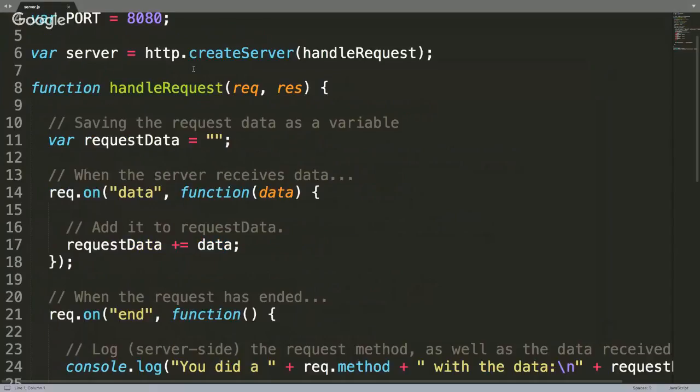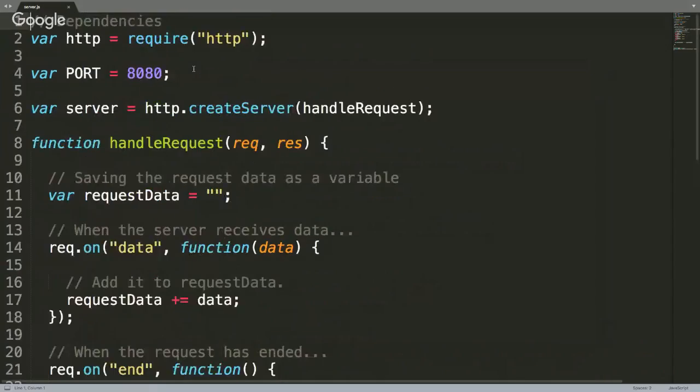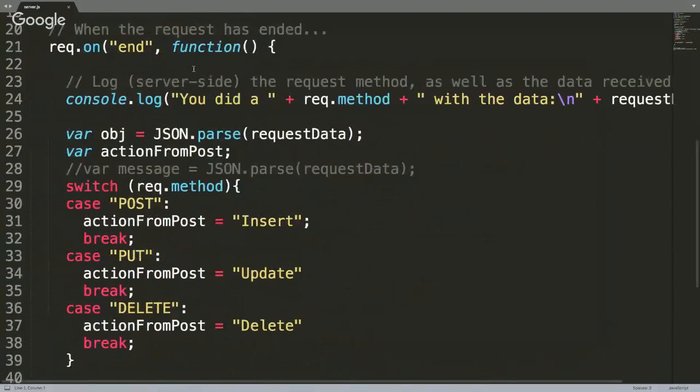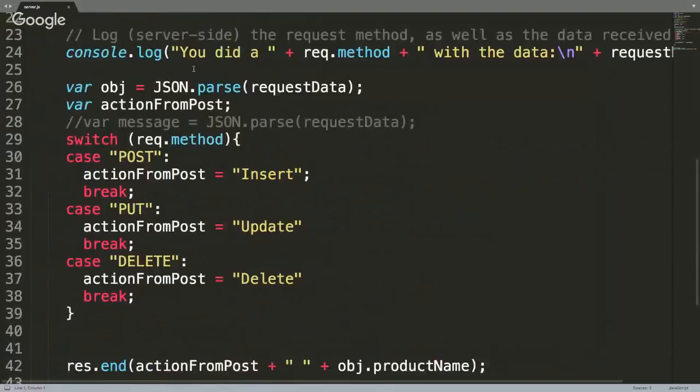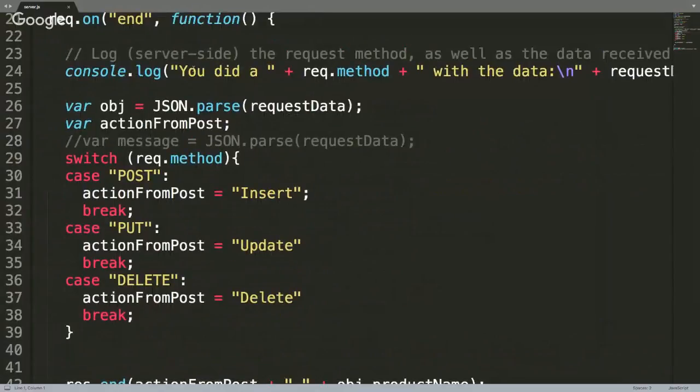Okay, so I did write this one in the same fashion that we've been doing everything else. Now I have something slightly different. Based on the request method, what have we used so far? What were we using before? The URL, right? But based on the method,